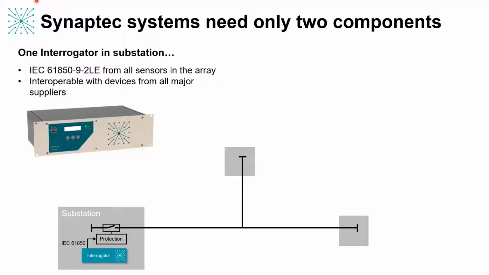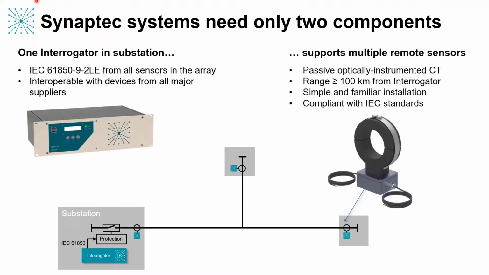This is the only powered and time synchronized device in the scheme, so it's ordinarily installed into the protection and control rack in a substation environment. It's a 3U, 19-inch rack unit, which receives all the sensor signals delivered over that existing single mode fiber network and outputs digital measurements in something like the IEC 61850 format, for example, to the process bus, so that the measurements are interoperable and can be consumed by devices like protection relays from all the major suppliers like GE and ABB and Schweitzer.